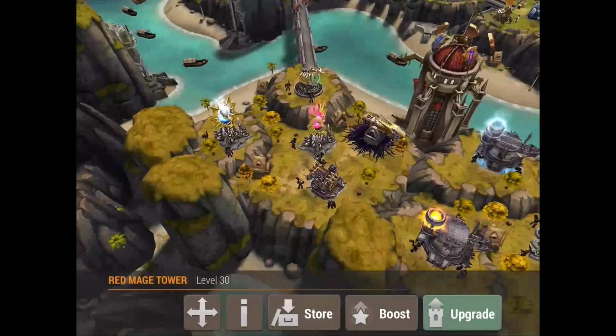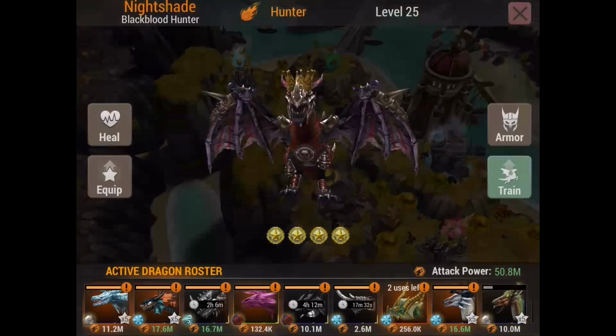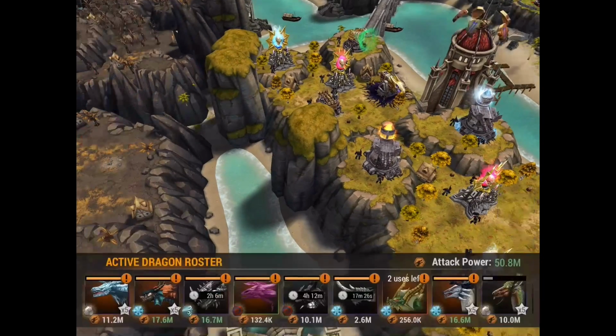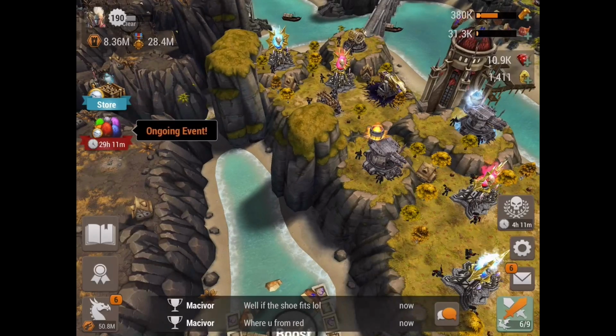The issue with that is that currently, there are just so many different spells. For example, if I don't have a red mage back here, Nightshade will destroy that space easily. And I say that from experience. I was attacking a level, I think it was like 290 something